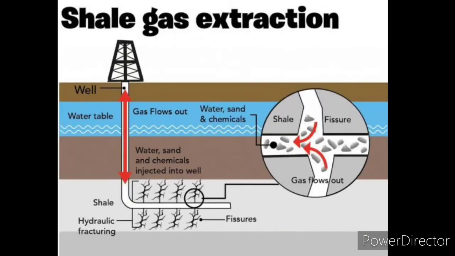Next is the shale gas. Now what is shale? Now shale is nothing but the soft sedimentary rocks that are formed from small rocks that contain minerals. These small old rocks contain minerals such as quartz and calcite, and these are found very deep beneath the earth's surface. And these rocks contain fossil fuels like oil and gas, right? In between the pores, it consists of the fossil fuels,